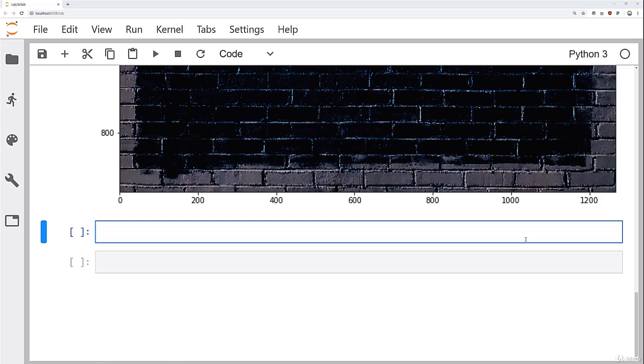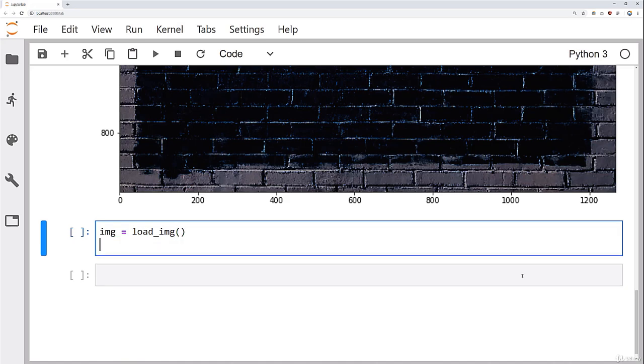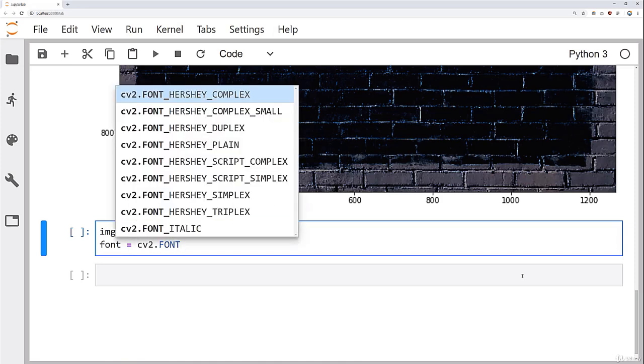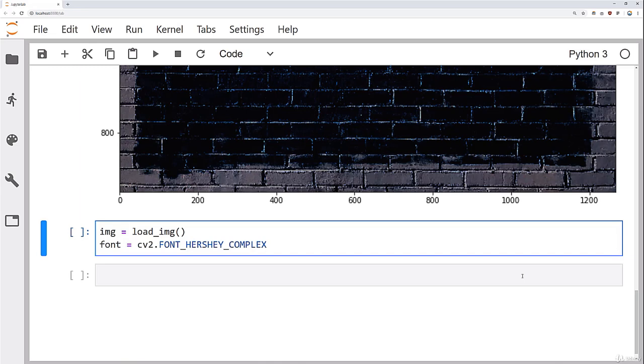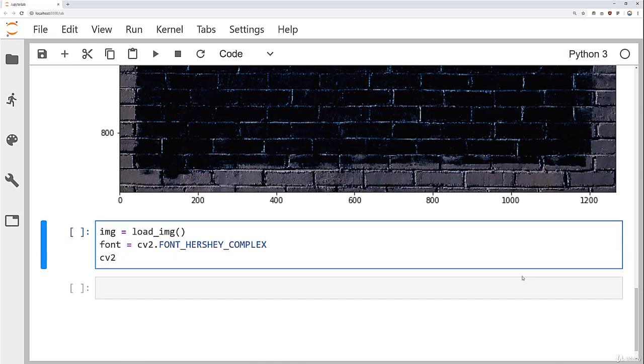So let's start off by just loading our image fresh. We will say img is equal to load_img. And what I'm going to do is say font is equal to cv2.FONT_HERSHEY_COMPLEX. I just did tab autocomplete there. And then with cv2, we're going to put some text onto that image. So we'll say image. The text we're going to write is "bricks",